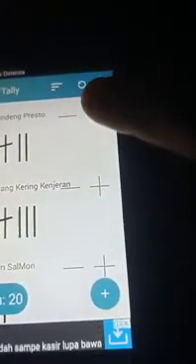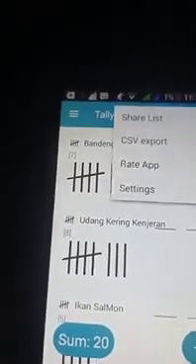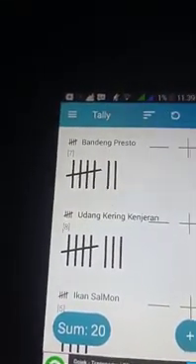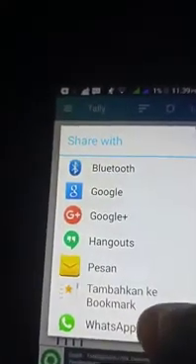There are three units: Bandeng Presto, Udang Kering Kenjeran from Sidoarjo, East Java, and Ikan Salmon. We can specify the number of units of bandeng or other seafood sold by the seller. Then we share the list and send it to the Mercure server, like this, using